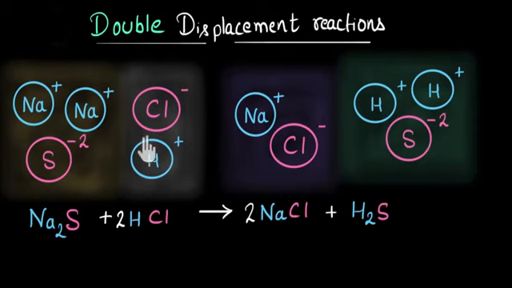Similarly, some of the hydrogen ions were attracted to sulfur ions, and we got hydrogen sulfide, and we wrote that on the product side. Whereas the rest of the hydrogen should still be with chlorine, right? And we should still have some hydrogen chloride left, and we should also write that on the product side. Why aren't we writing that? So that's a very good question.